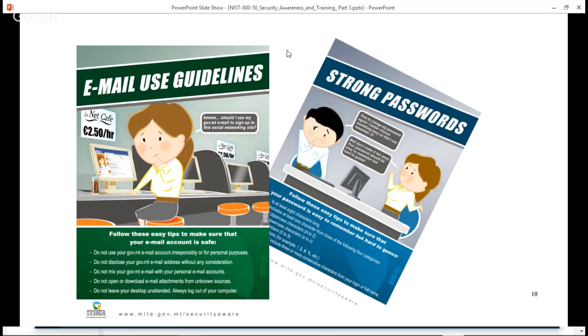On the screen, I've just gone out online and got some screenshots of awareness material. What's on my screen now is one for email use guidelines, where we talk about do not use your government email account irresponsibly or for personal purposes. Do not disclose your government address without any consideration. Do not mix your government email with your personal email accounts. And then there's another flyer on strong passwords, where we talk about follow these easy tips to make sure that your password is easy to remember but hard to guess. Both of those topics are topics for security awareness